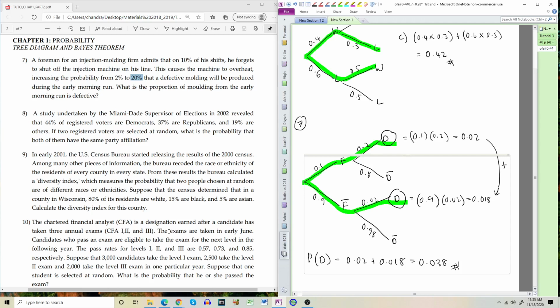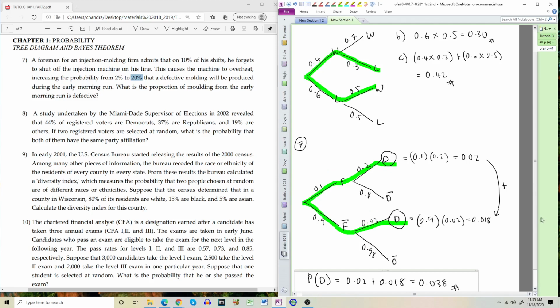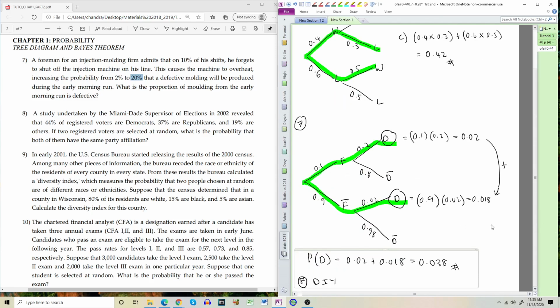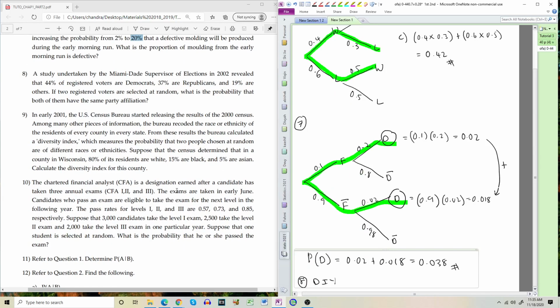Number 8, please do on your own. Number 8, you can do something the same. I can write here. Do it yourself. It is something similar to a normal tree diagram. Number 7, maybe you can do it yourself. Number 9,